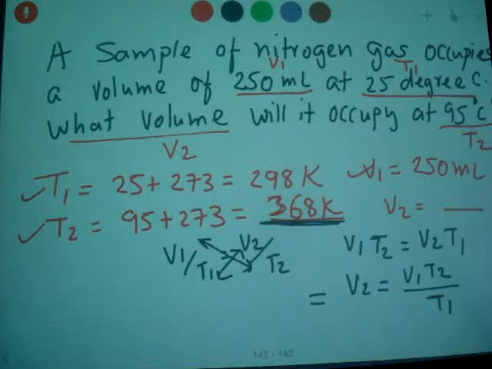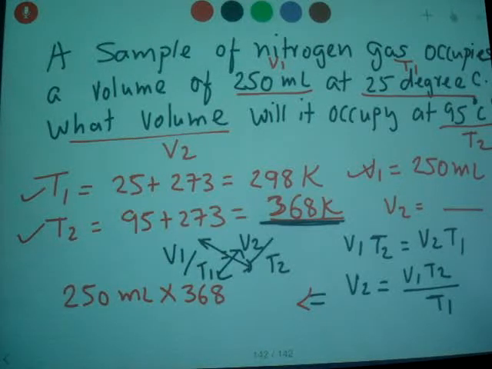So we plug that into this equation. First we need to plug in V1. So we have 250 milliliters times 368 Kelvin divided by